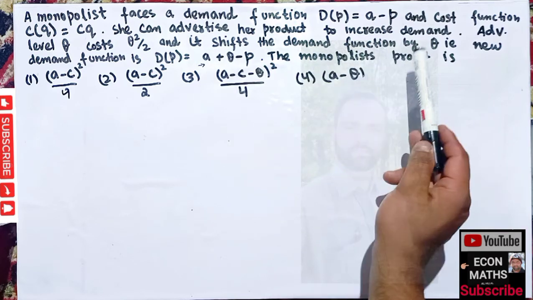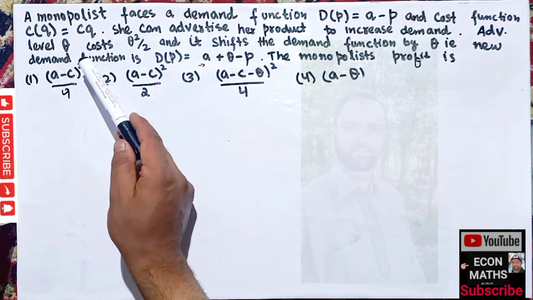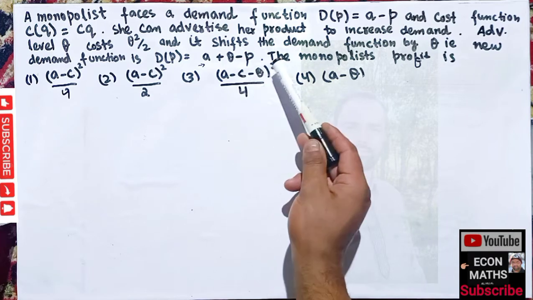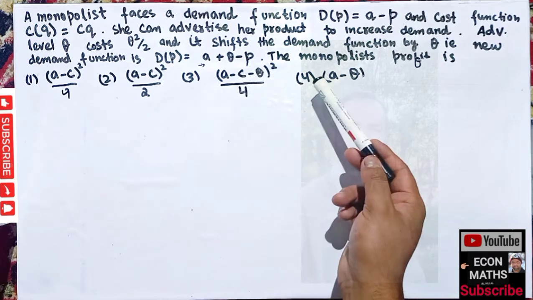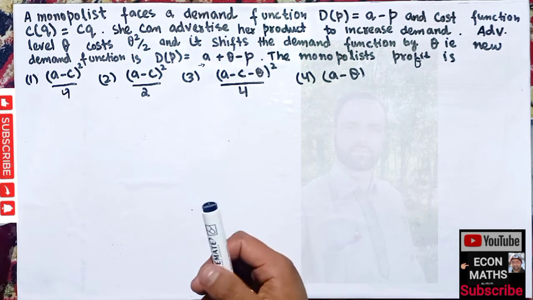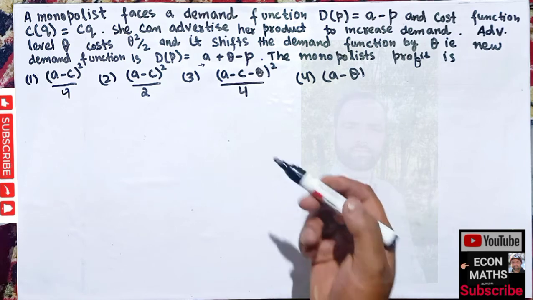We have to find the monopolist's profit. The options are a minus c whole square divided by 4, a minus c whole square divided by 2, a minus c minus theta whole square divided by 4, and the last option is a minus theta. Okay, so we will see what is the correct option. For that, what will we need? First, we will see what is our